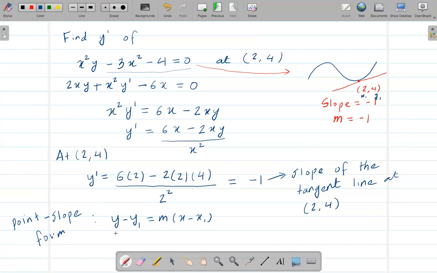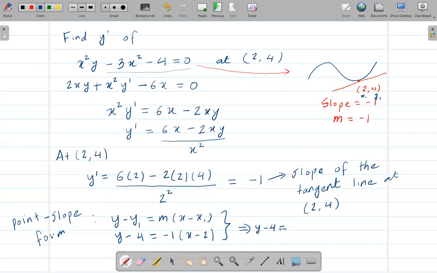So y minus y1, which is 4, is equal to the slope I know, which is -1, times x minus x1, which is 2, right? So from here, when I simplify, this will give y minus 4 is equal to,